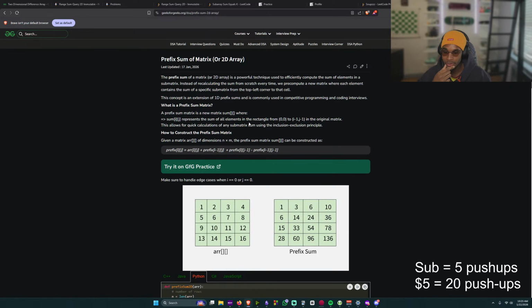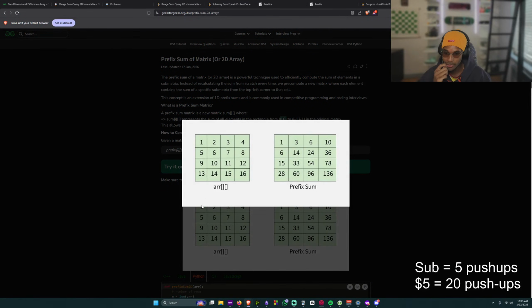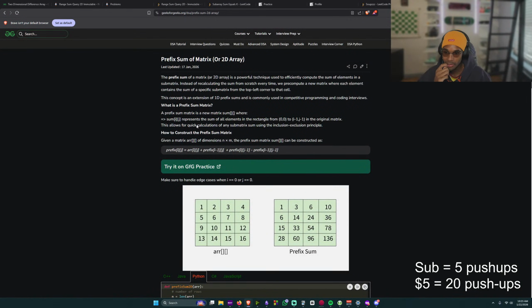The sum of all elements between 0, 0 and i minus 1, j minus 1. Okay. This allows for quick calculations of any submatrix using the inclusion-exclusion principle.